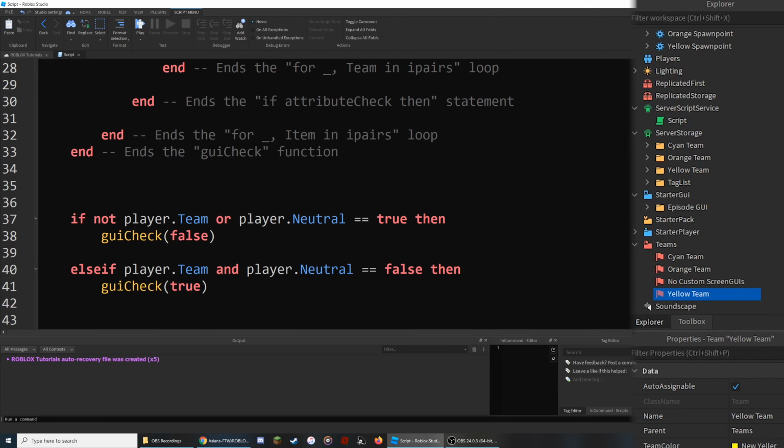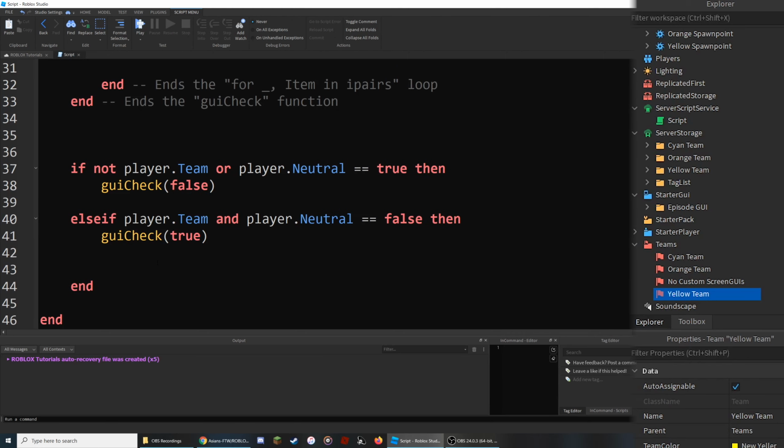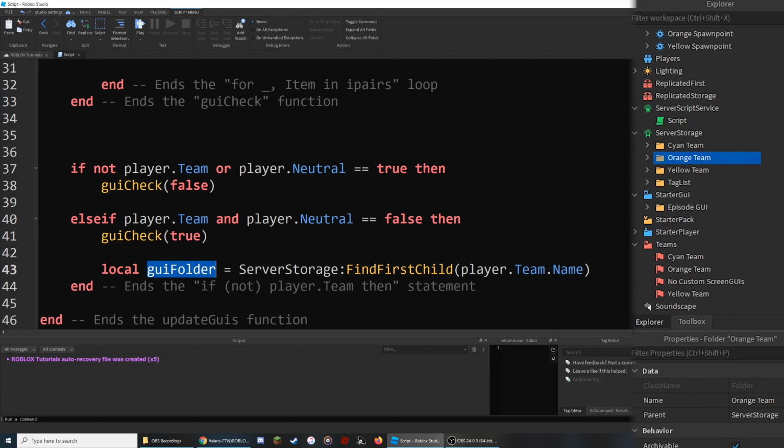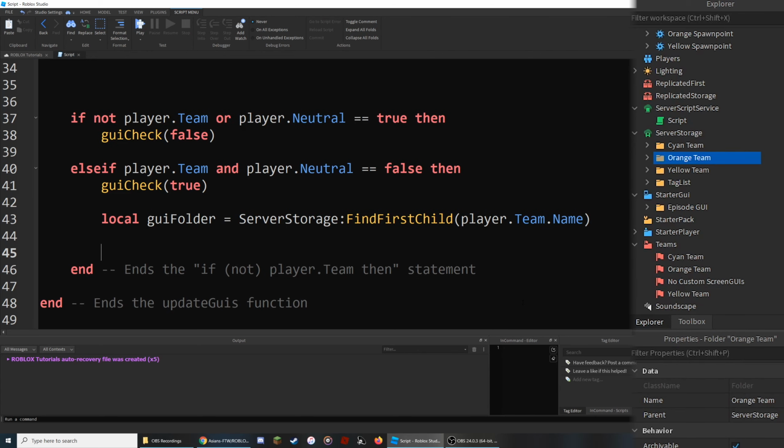And now that we've done this, we can go ahead and scroll back down to the conditional statement at the very bottom, because we need to make sure that the player receives the new screen GUIs if they need any for their current team. So the first thing we're going to do is look through the server storage and reference the folder for that player's team. So what we're going to do is create a variable that is called GUI folder, and we're going to make it equal to looking through the server storage for the first item that has the name of the player's team. And what this will allow us to do, once we've made sure that it exists, so if GUI folder, and if that item that was found happens to be a folder, so let's say GUI folder is a folder, then